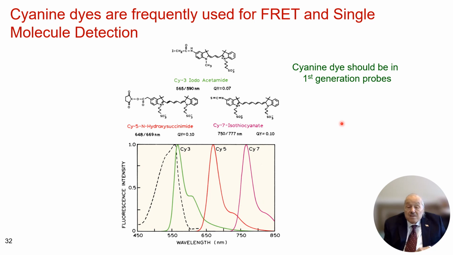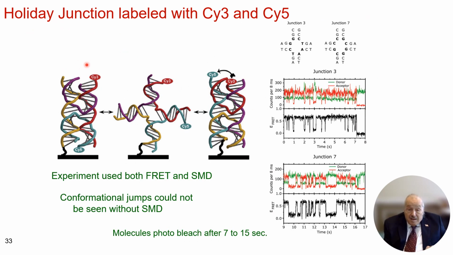So I'll show you an example experiment where cyanine dyes were used. This experiment was done with a Holliday junction in DNA, and they labeled the different strands with either Cy3 or Cy5. The Holliday junctions were thought to undergo structural fluctuations, which would make the two cyanines move further apart, or then bring them closer together. And this was looked at by single molecule